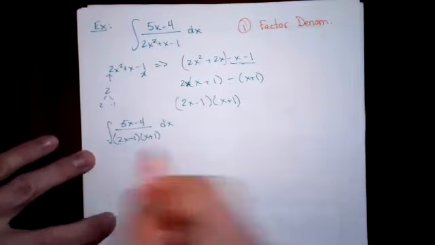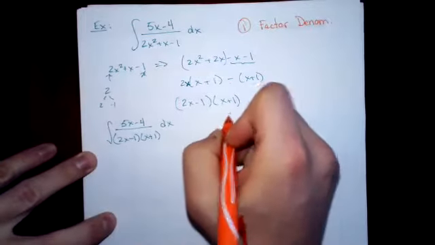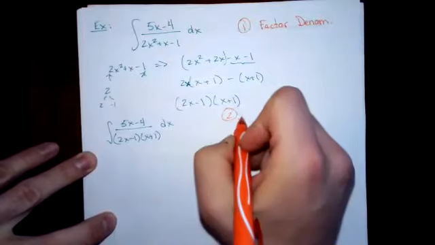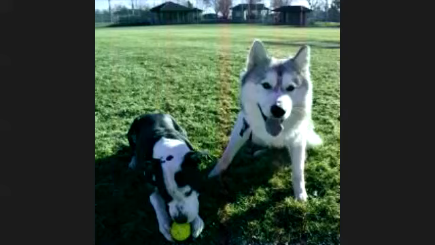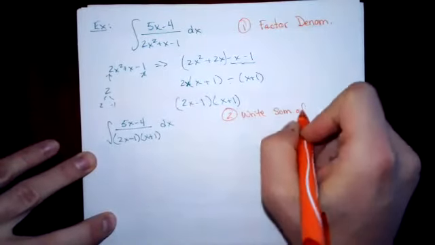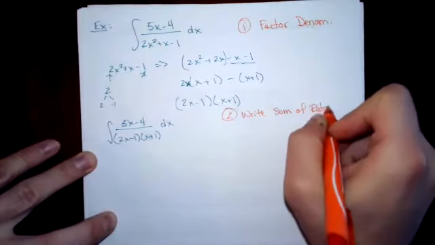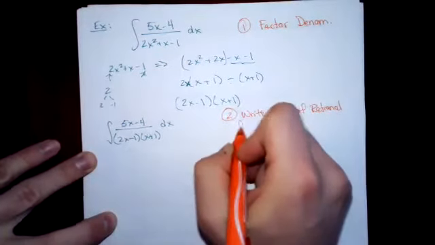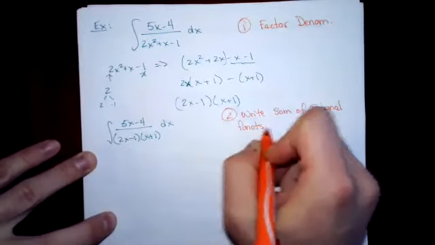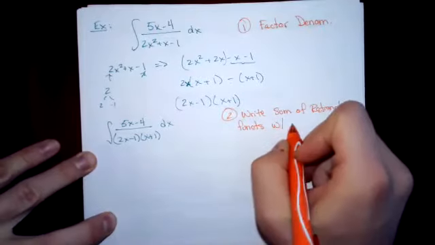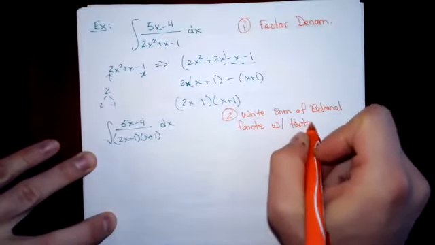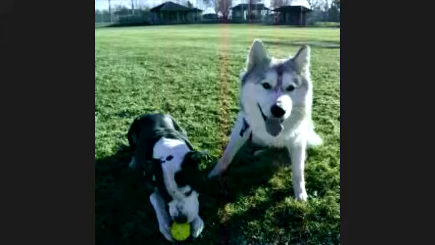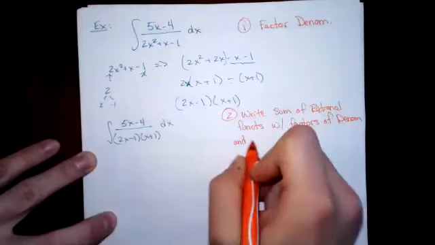So first step, factoring the denominator. Step 2 is we want to write a sum of rational functions with essentially the factors of the denominator, and the numerators are generic polynomials